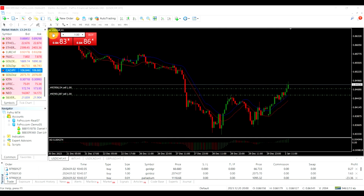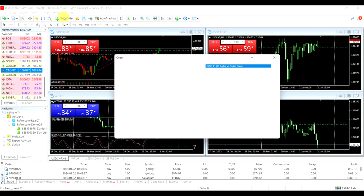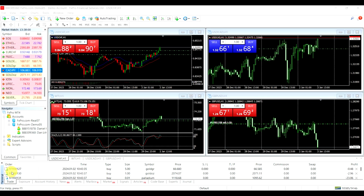You can enable trading from the chart by clicking on this little arrow here. To enter an order, you can click New Order, and the order panel comes up. Market orders, limit orders, stop loss orders, and trailing stop orders are all available. And finally, we're going to look at the terminal window at the bottom here, where you can see your open